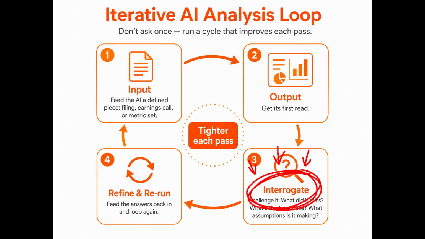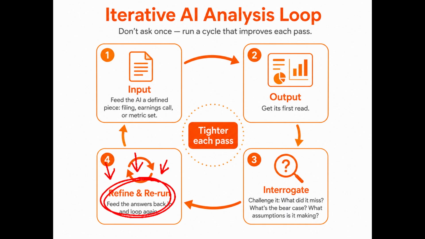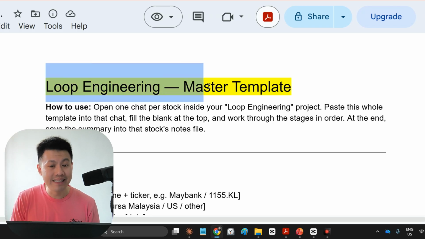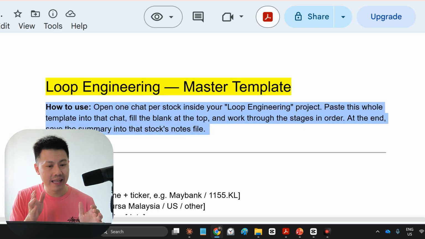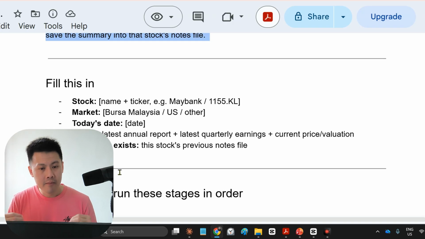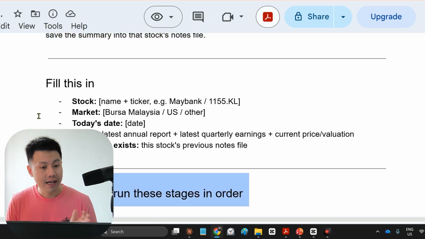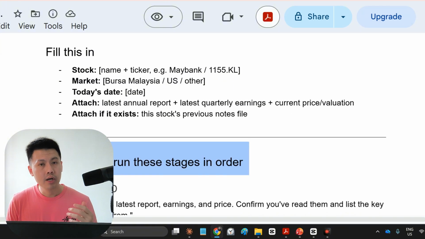Interrogate, if you challenge it, what did it miss, right? So what's the bear case and what assumption is it leaning on, right? And then it will refine and rerun again and feed those answers back into the loop and run it again and again and again, right? So each loop compounds. So the analysis on a company is far sharper than the first one. The engineering part is that the loop is deliberate and structured, fixed steps, fixed questions rather than ad hoc. So you get consistent depth on every company instead of just relying on luck with a single clever prompt or